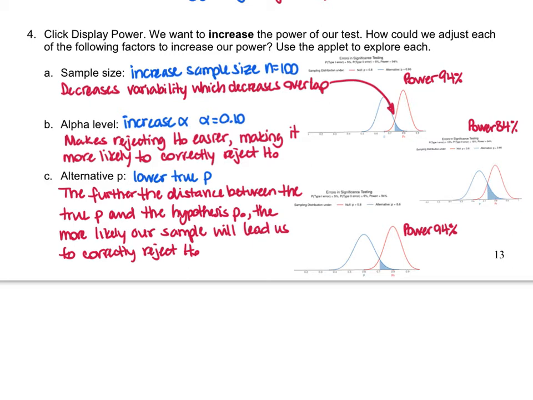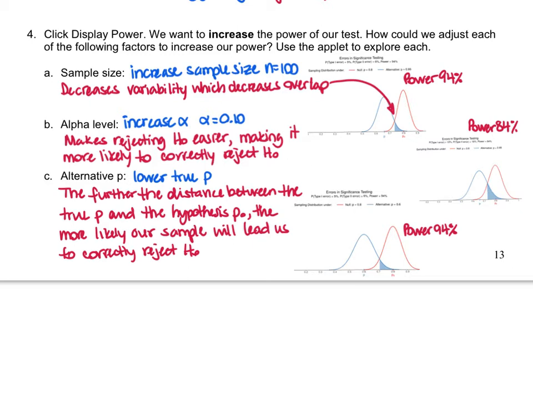That's because, if you remember, when we increase the sample size, the variability of the sampling distribution will decrease. That decreased variability decreases the overlap between our curve of the true p and the hypothesized p. And so our power increased to 94%,